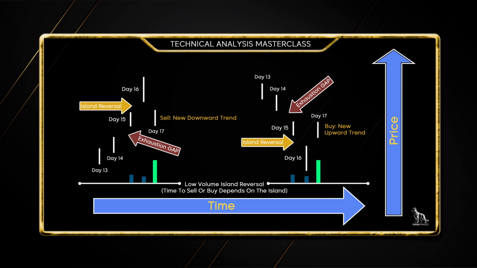So if we look on the left here, you could see that this was an upward trend that was exhausted. Then it jumped from days 15 to 16 to form that island. And then what we're doing is we're waiting to see what happens on day 17. And that's really what's going to confirm that we're on an island and that it didn't continue going up or something like that. It was an actual true island reversal after an exhaustion.